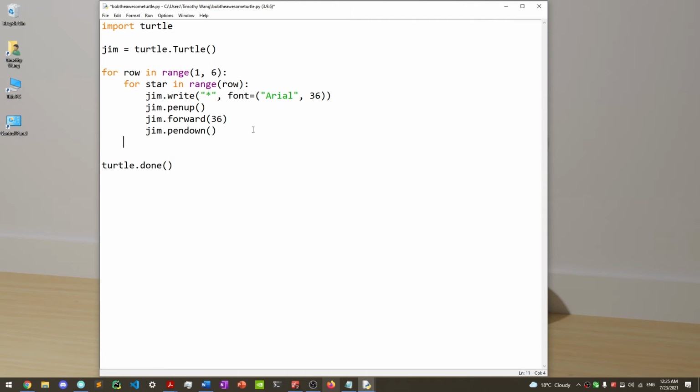So before that, we just need to say, Jim, can you put your pen up? Basically, the turtle is initially facing rightwards. What we want to do is tell it to face down and then go downwards. So we're going to say bob.right 90 degrees. And what this does is face him downwards now, because if he's facing to the right and we turn him to the right by 90 degrees, he's going to face downwards. Then we're going to say bob.forward by 36. So go down by 36